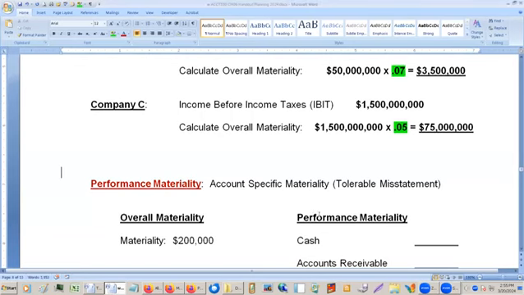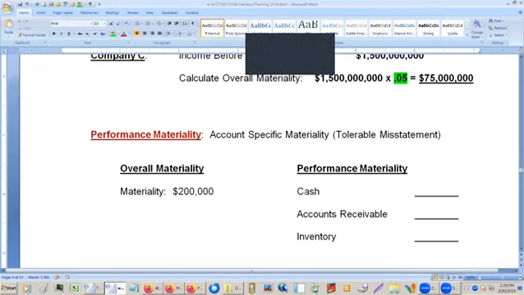When are you going to get excited about an account being misstated? So what they do is they take this total materiality and split it up, and they call this performance materiality. So when you're performing the audit, what's material? You'll do it generally by account. So what's material to this account? Cash, inventory, accounts receivable, accounts payable, whatever it is. You split it up amongst the accounts. That's what we're looking at here, how to split up that materiality for performing the audit. And I'm just going to make up these numbers.